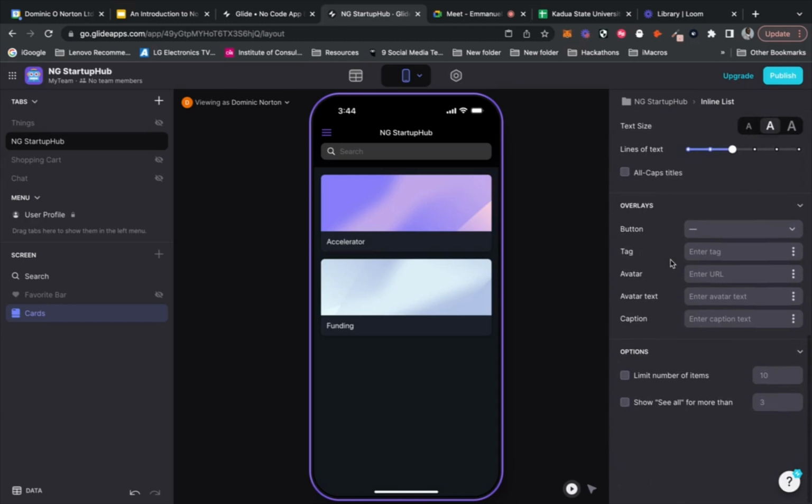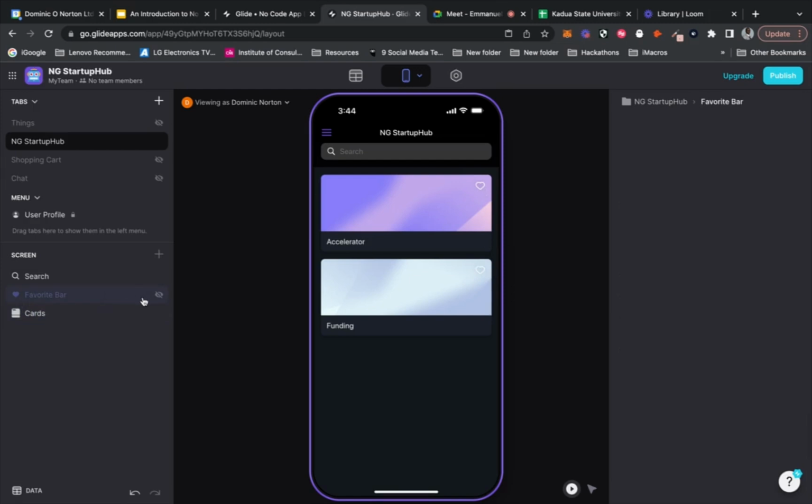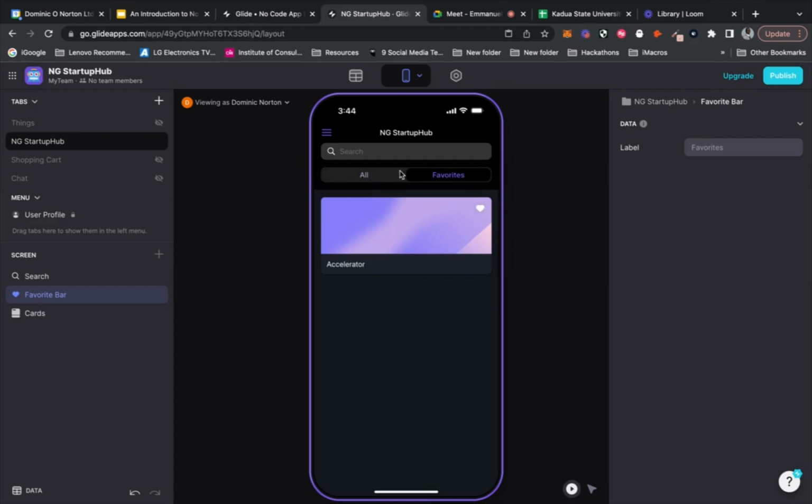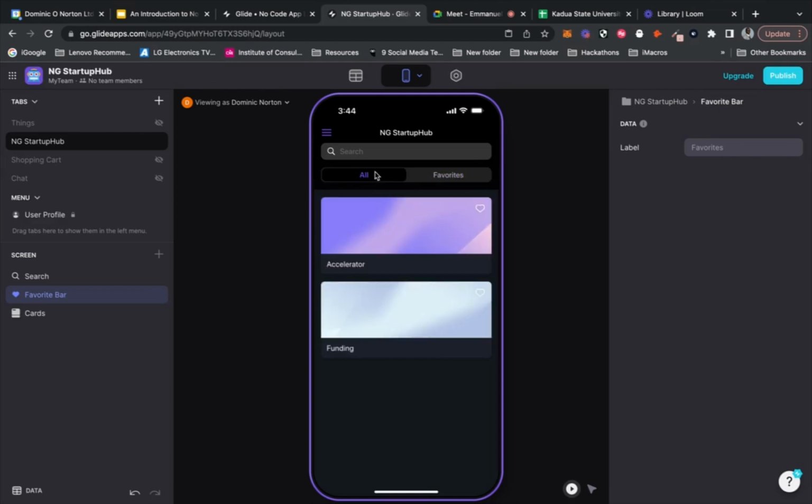So if we scroll down on the cards, we'll see there's a button that says favorite. And now we have a button to add a category to our favorites. To enable the favorites bar, I go and uncheck that, and now we can see the favorites bar. So when I click on that, you can see it's saved in our favorites. If I go back,